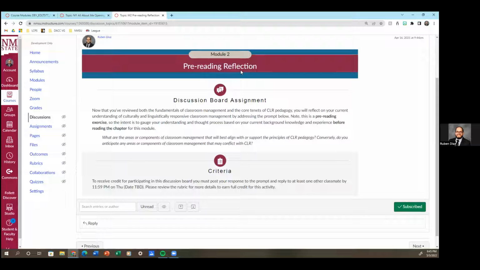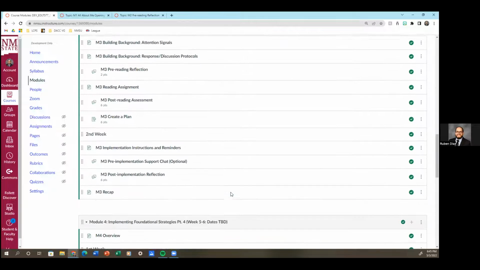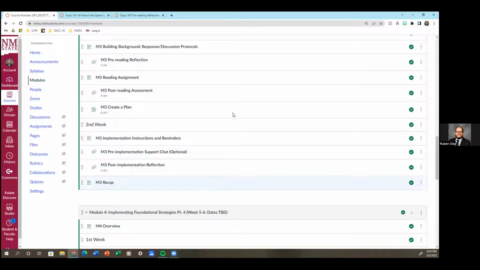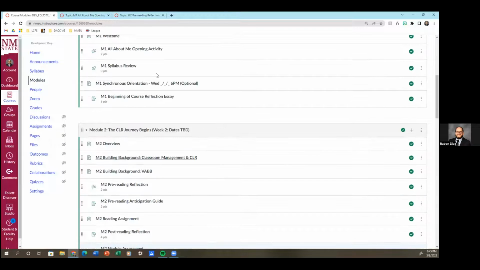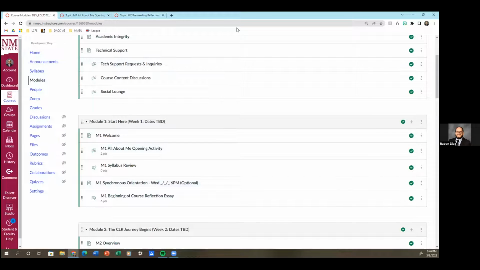Because I guess the final point I'll make is this course is really meant to not lead to one particular outcome, because the way that teachers can grow in learning this type of pedagogy is very broad and really based on each individual's where they're at in their teaching career and how much they've learned over time. So I wanted to make sure to model that in the approach that I took for the overall learning activities. But yeah, I'll take any questions or anything if anyone's interested. But that was an overview of my course.